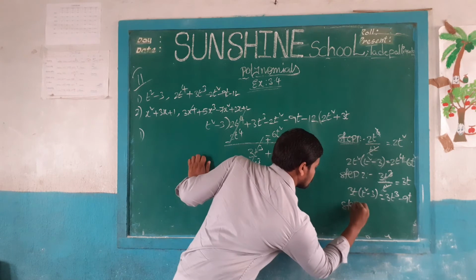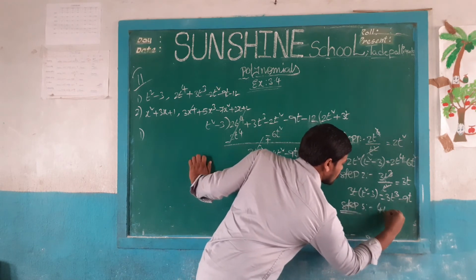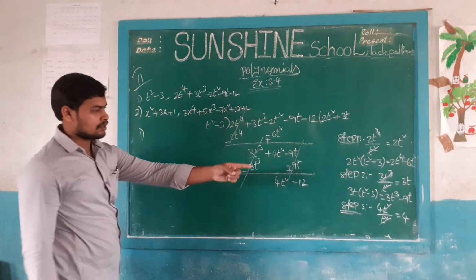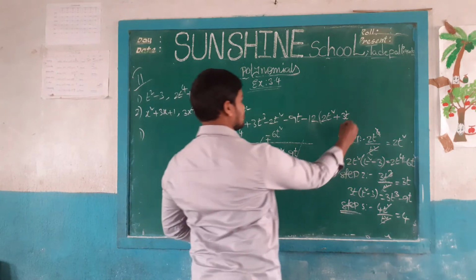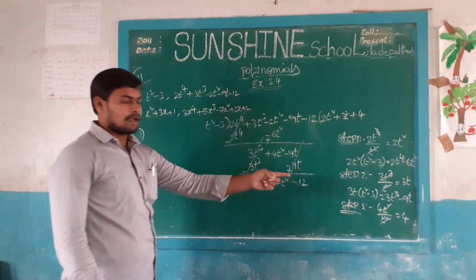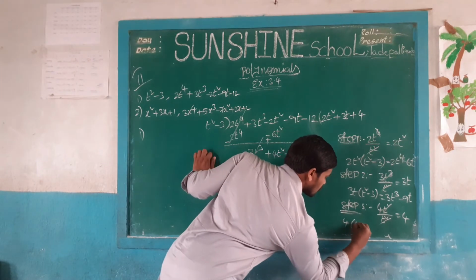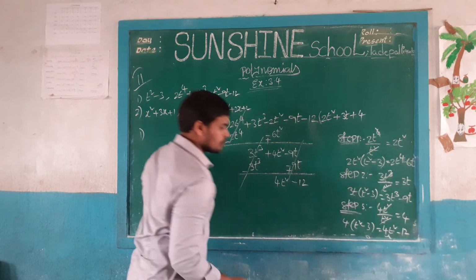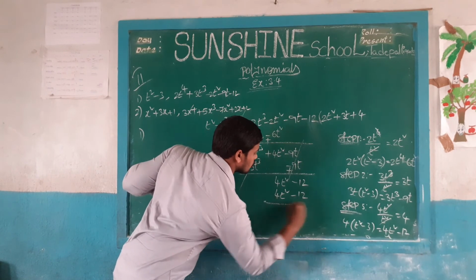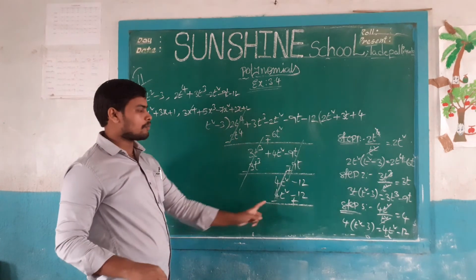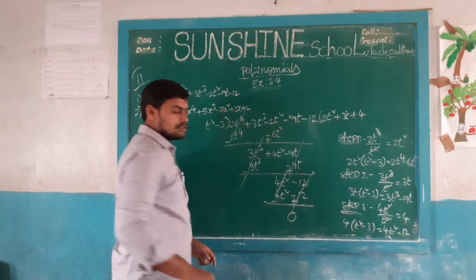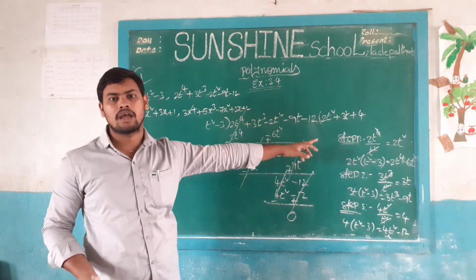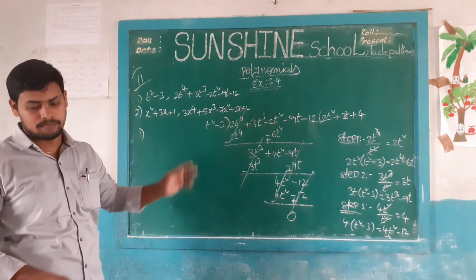Step 3. 4t square divided by t square. T square cancels. Value is 4. Write down the 4 here. Multiply 4 with g of x. 4 into g of x value, t square minus 3. 4 into t square, 4t square, 4 into 3, 12. So 4t square minus 12. Minus turns to plus, so 4t square minus 4t square, minus 12 plus 12 cancel. The result is 0. Hence t square minus 3 is a factor of this polynomial. Do you understand? So move on to the next step.